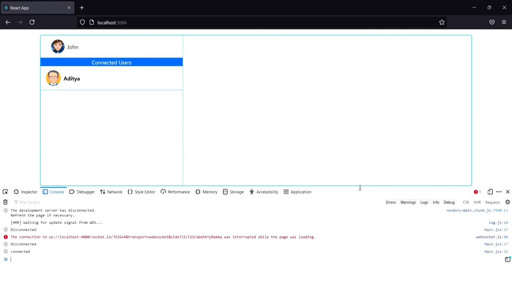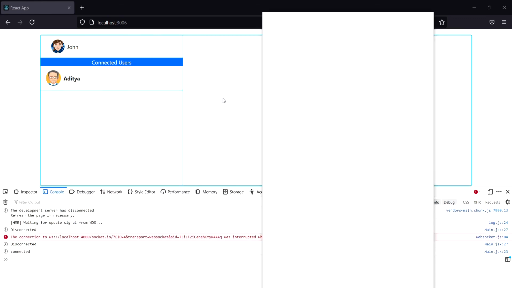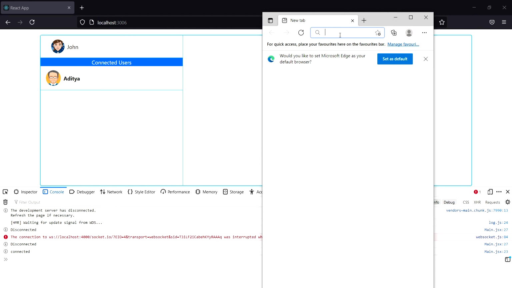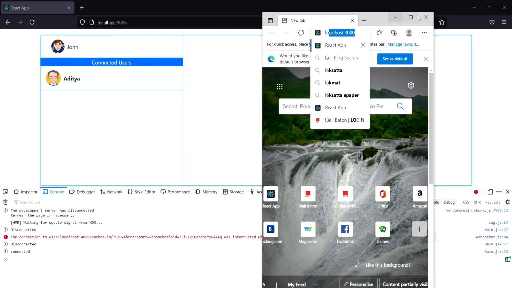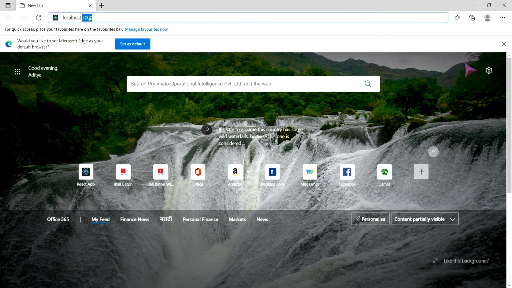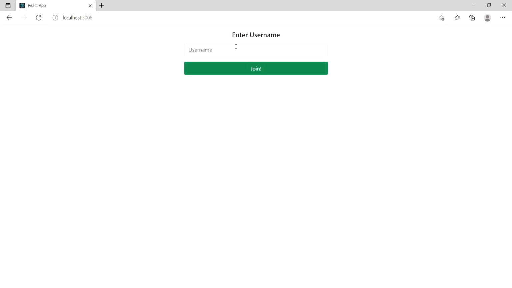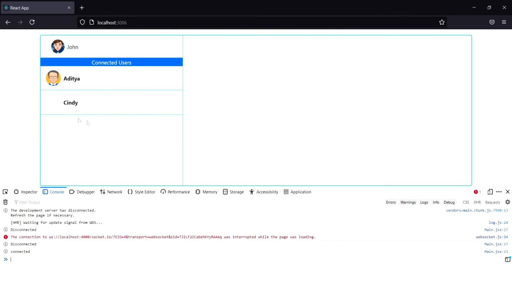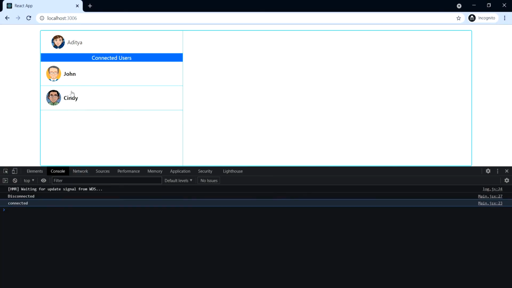Now if I open Microsoft Edge, and if I log in from the third browser, say Cindy, see Cindy, we're getting good. This is good. Cindy, good. Now if I refresh this,